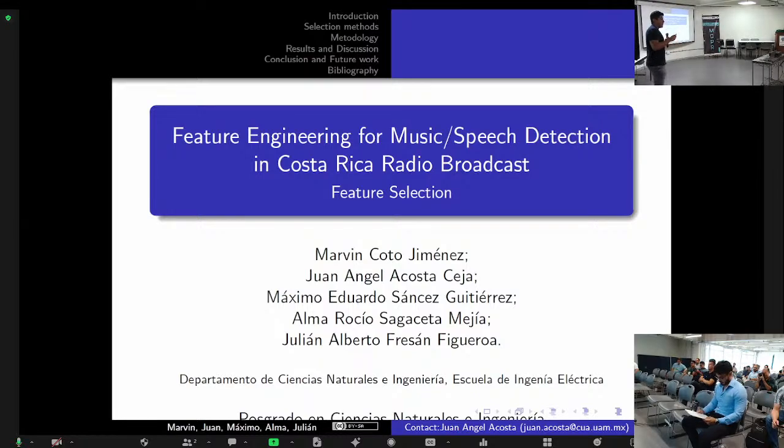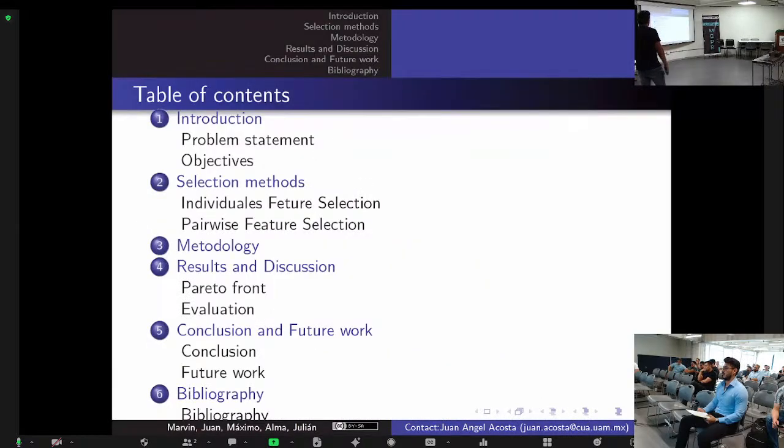Okay, I am going to talk about a very simple idea for feature selection. My presentation is titled Feature Engineering for Music Speech Detection in Costa Rica Radio Broadcast. This is the content of my presentation. I will start with the introduction,